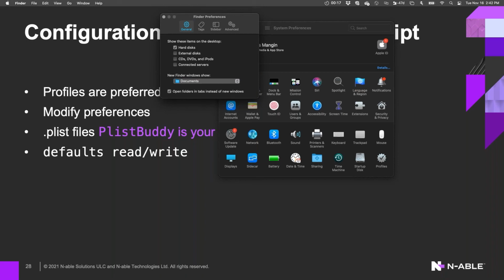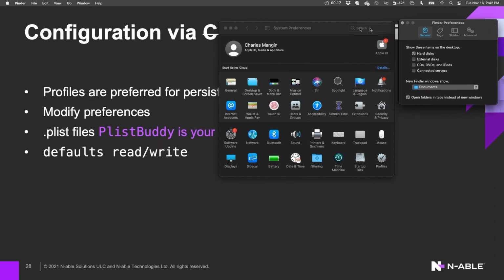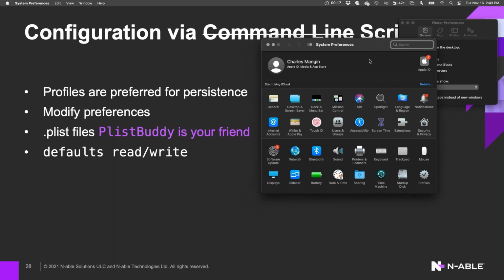So that means you can connect to a machine remotely through the terminal, or send it a script to run your commands, make your changes, test the results, and you don't even have to kick the user off of their machine for 5 minutes while you go in and tweak the network settings and reconnect them to change the proxy settings or what have you. They can continue working. You send your script to run in the background, and those preferences get changed without you having to open up the preferences panel.